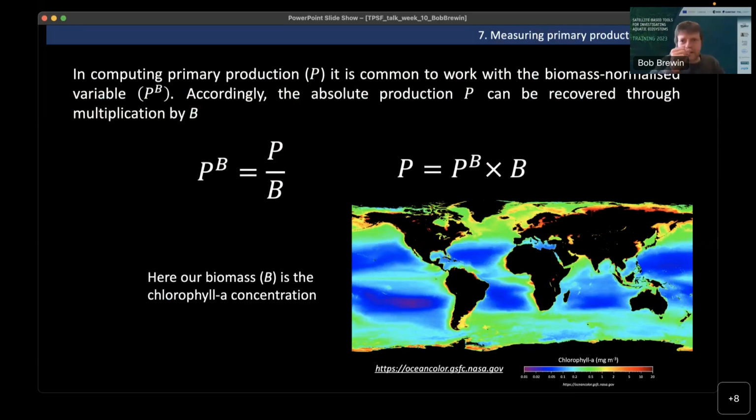Okay, so now there are many different types of models for primary production from space, and I'm going to stick with a very simple one for the last part of this lecture. But if you're interested in learning a bit more about these different approaches, I'll refer you to a paper by Sathyendranath and Platt published in 2007 in Oceanology,